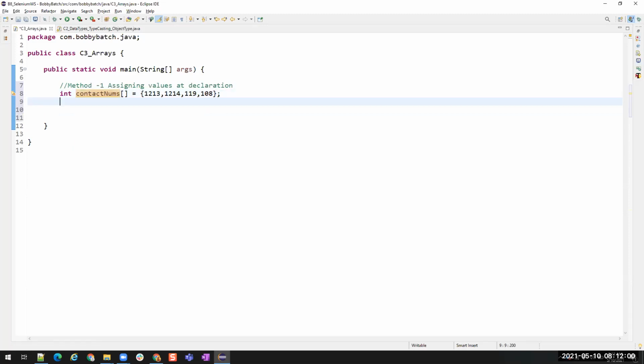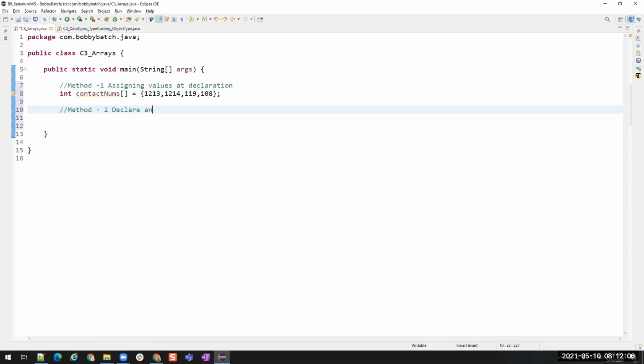Now there is another method, method 2: declare and then assign values. Suppose I want to store names, so I'm going to create a string. I'll say names.